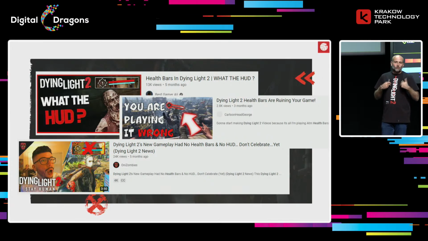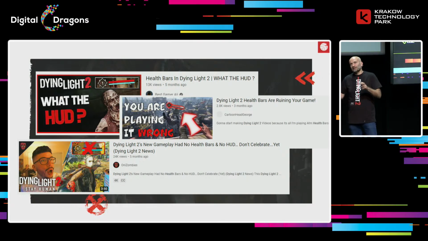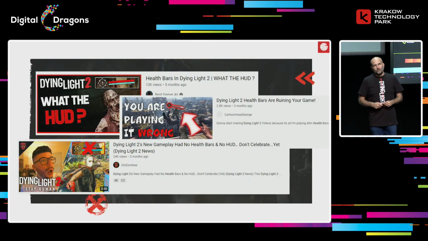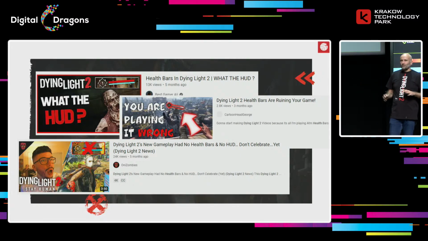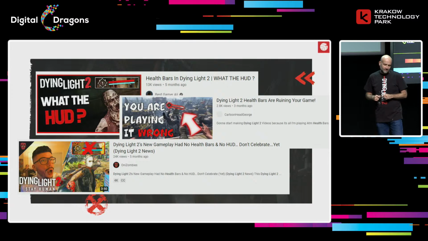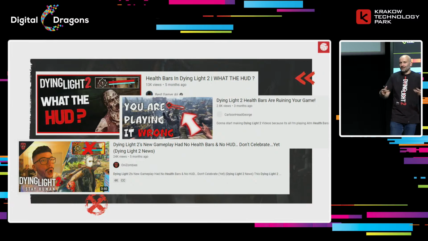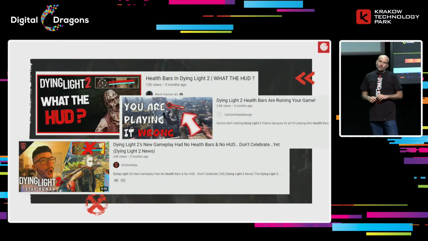Actually, for us, when we introduced the health bars, we knew that it's something else. We knew that it's new. We knew that it's changing the game. But when we were sending the preview builds to the YouTubers, they had been in the game for such a long time. We didn't really expect that this element would be something that would make people doubt the design. When we were introducing this, we knew that maybe it's tricky, but then we got used to it, and for us it was like a natural part of the game. So of course there was this huge storm online.